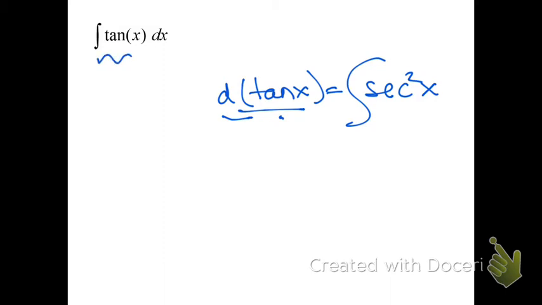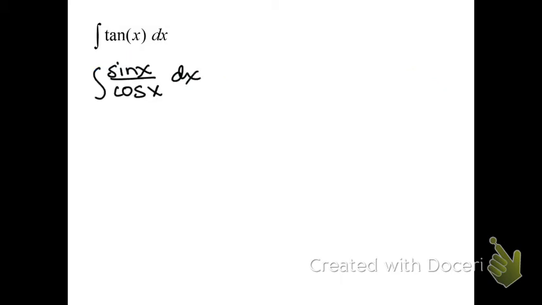To find the integral of tangent, you can actually use u substitution if you rewrite tangent using its definition. So what is the definition of tangent way back when? Sine over cosine. If you rewrite it as sine over cosine, now we can use u substitution. Okay, so if I let u be the denominator,